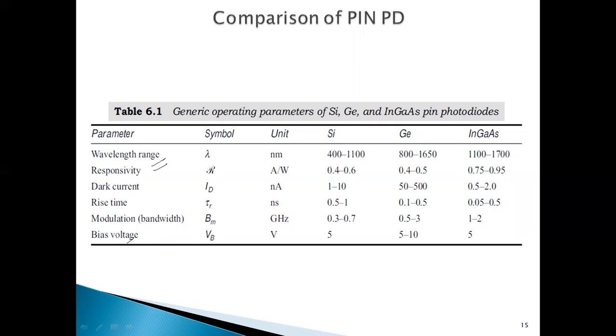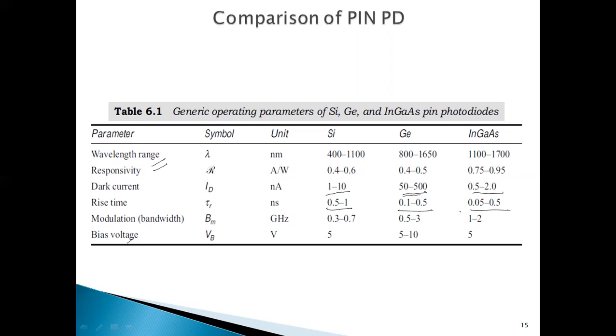Responsivity is higher for indium gallium arsenide as compared to silicon and germanium. For dark current, the value for germanium is very high, 50 to 500, which is not very good actually. Indium gallium arsenide is very good, about 0.5 to 2 only, and silicon is from 1 to 10. So for germanium, the dark current value is very high. Okay, rise time: for silicon is 0.5 to 1, germanium 0.1 to 0.5, indium gallium arsenide from 0.05